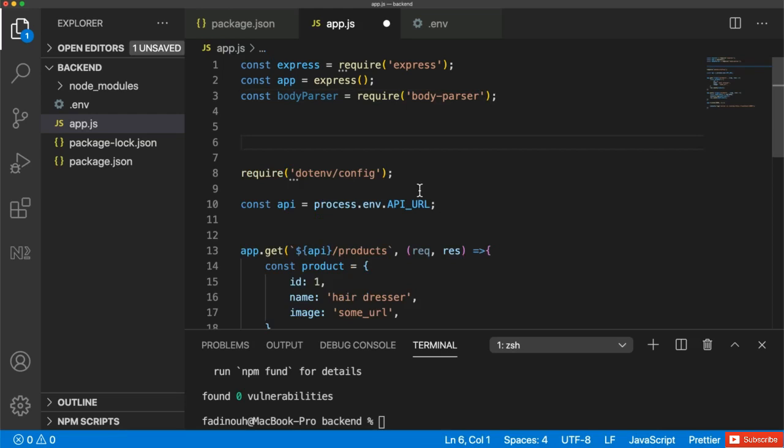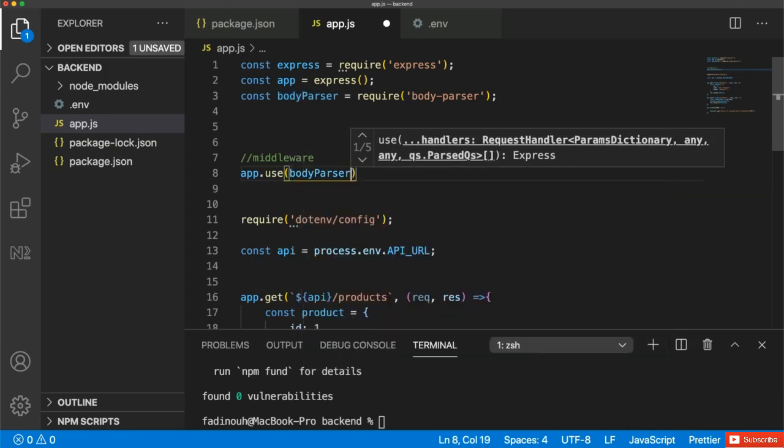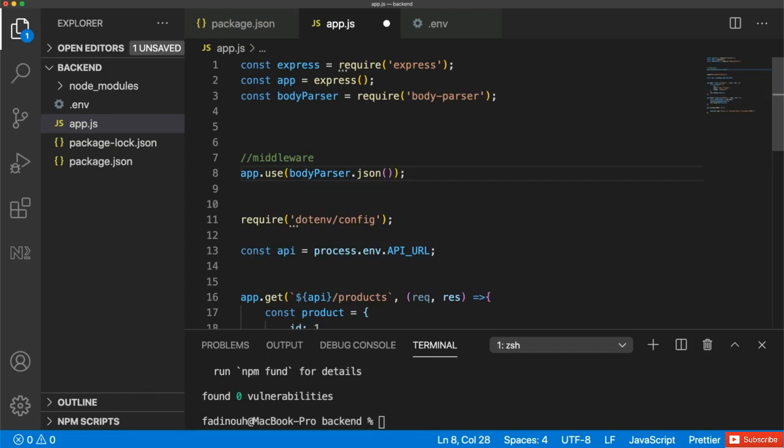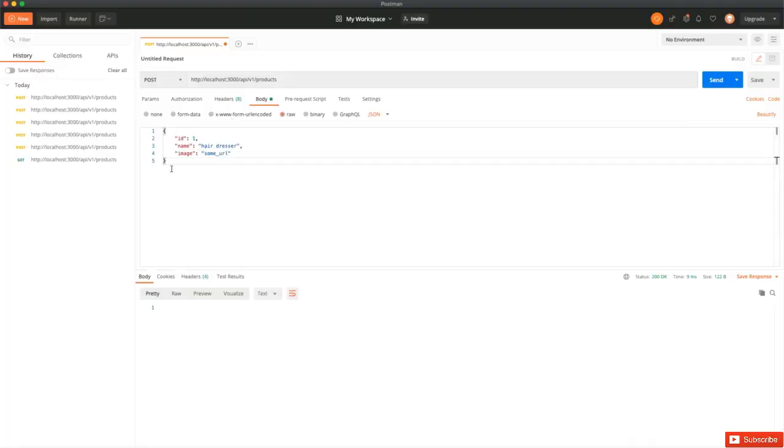After that, I will make a special section for calling the middleware APIs or the middleware methods. So let's say here we have a middleware, and in the middleware I will say app.use the body parser .json. So in this case, my application or my backend will understand the JSON which is sent from the front end. So back to Postman, after running the server again and post this body data,